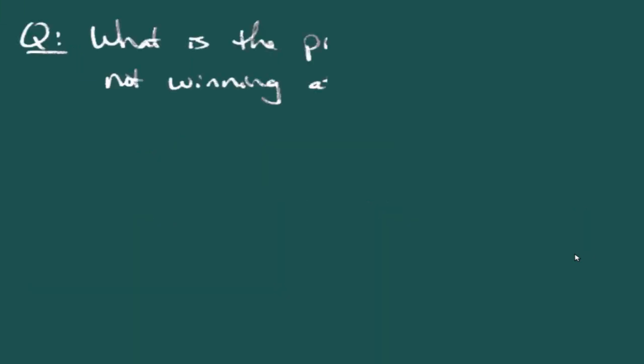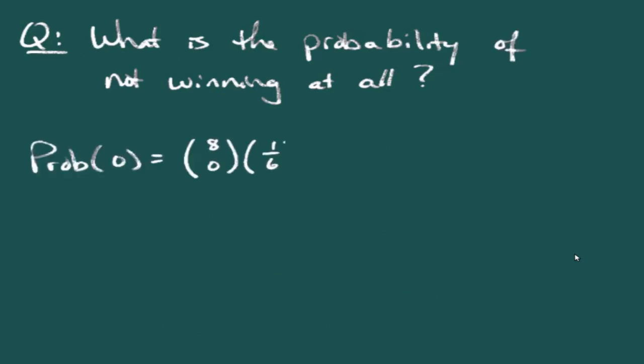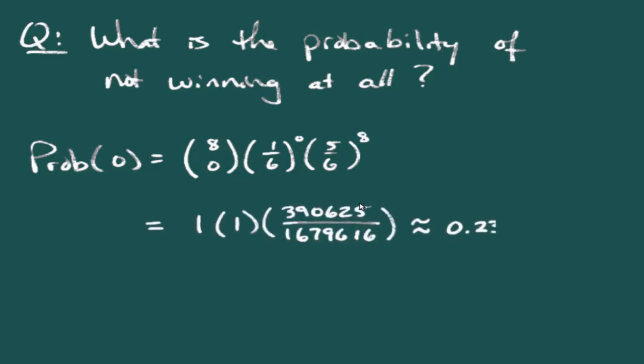So going along with that, we might reasonably ask ourselves, what is the probability of not winning at all? Is this even a game that we want to play? If we look at the probability of 0, that's going to be 8 choose 0 times 1/6 to the 0 power times 5/6 to the 8th power. Well, 8 choose 0 from the calculator is 1. 1/6 to the 0 power, anything non-zero to the 0 power is 1. And if we take 5/6 raised to the 8th power, that gives us